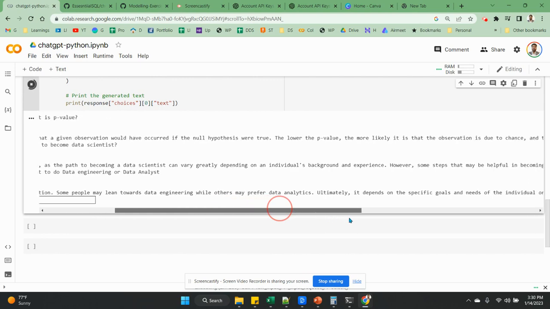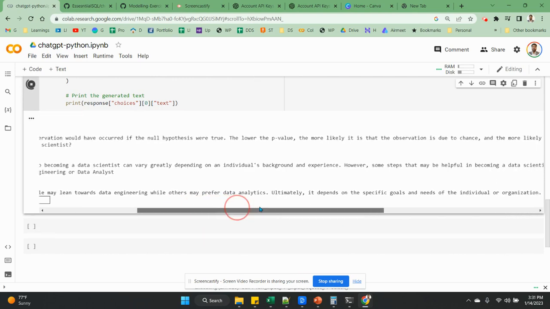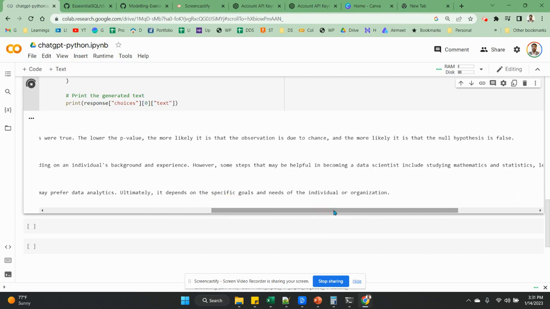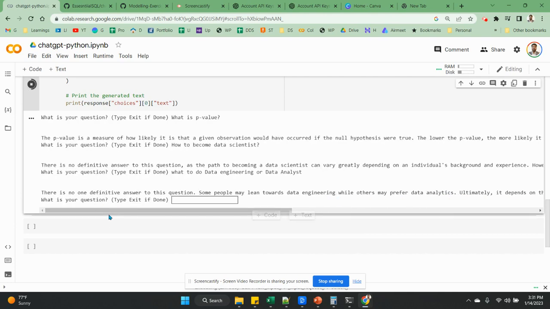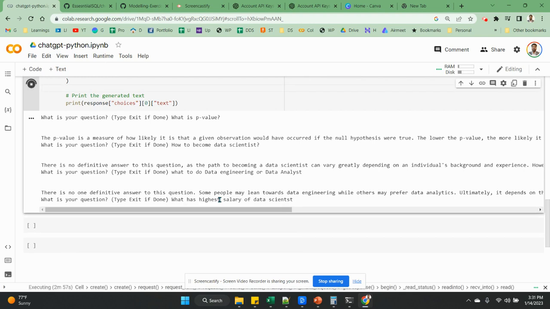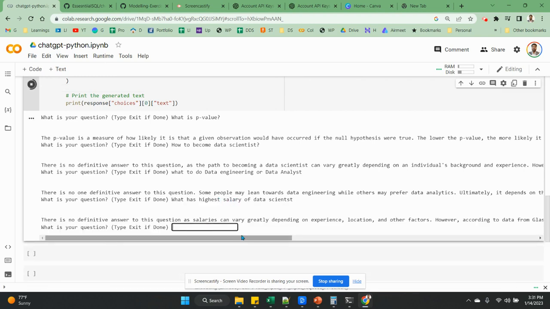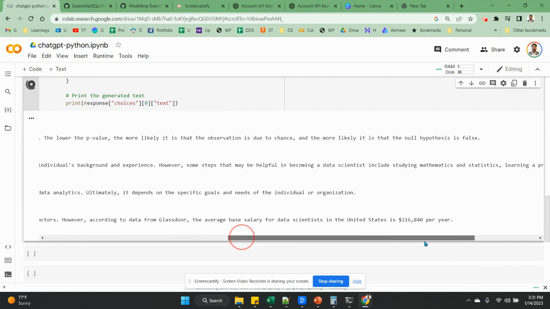Some people may lean towards data engineering, while others may prefer data analytics. It depends upon specific goals and needs. But you are getting it, right? If it is a definite answer, you will get it. If not, they will just mention that, right? I can just say, what is the highest salary of a data scientist? I put the wrong spelling, but still, see,